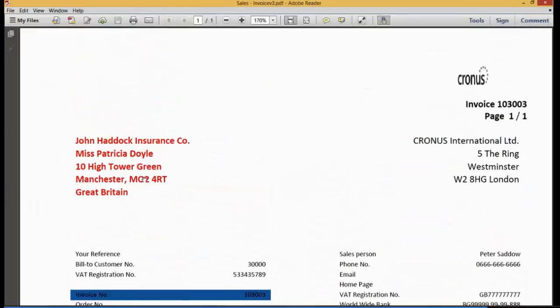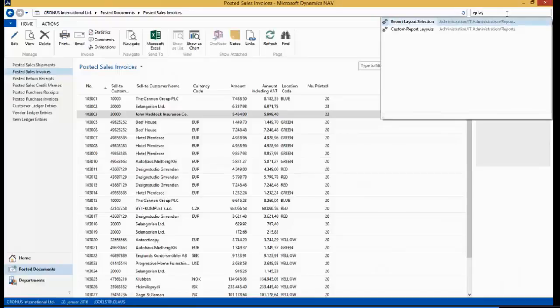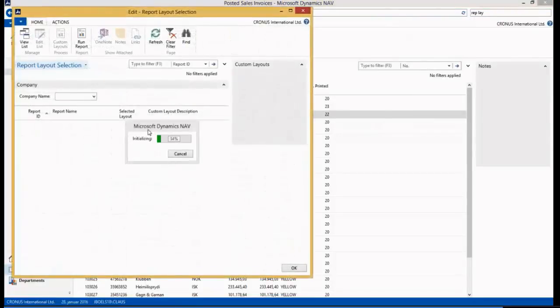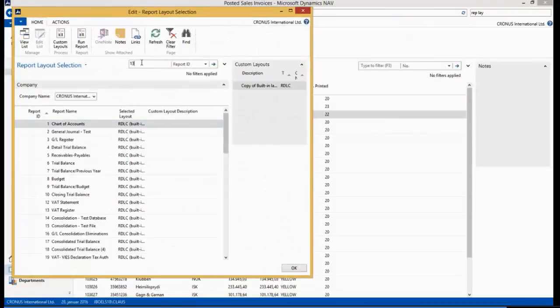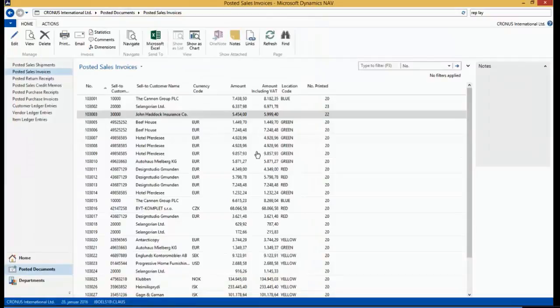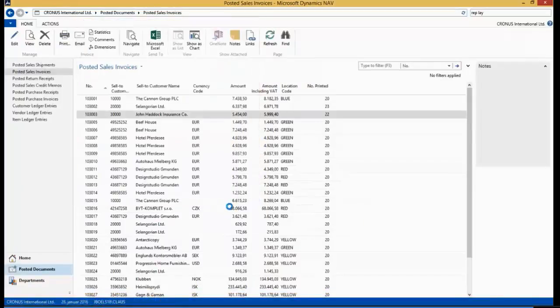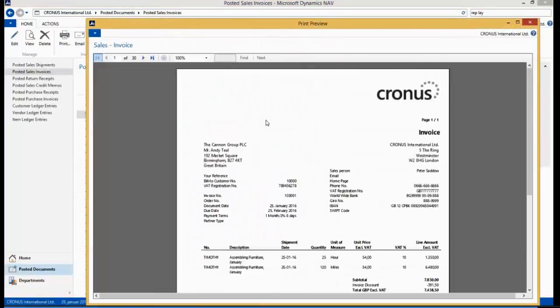So I'm happy, but just pay attention to one thing here, because if the user goes and makes some small modifications in the report layout selection page. So if he changes this, the user will be the master and will be the one who's deciding what will be activated and run. So I've just made it RDLC, and if I go back to the Object Designer and now run the report and say run, and I will now go preview, and again, we're back in the RDLC layout here. So pay attention to this.